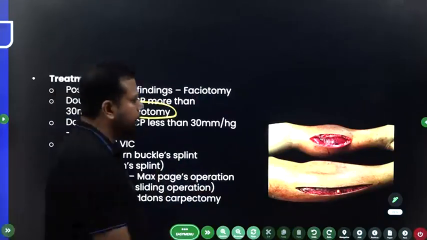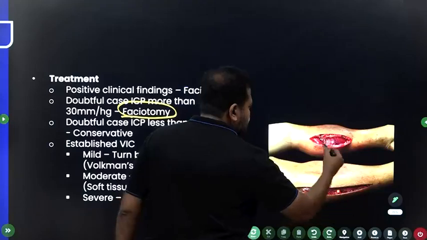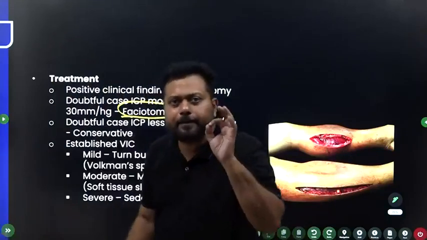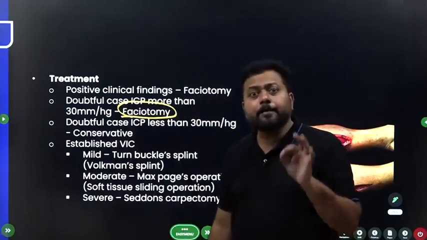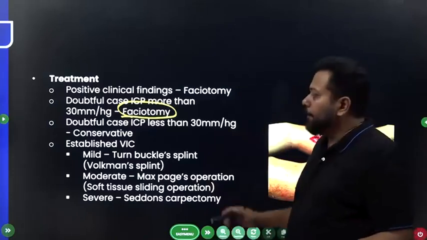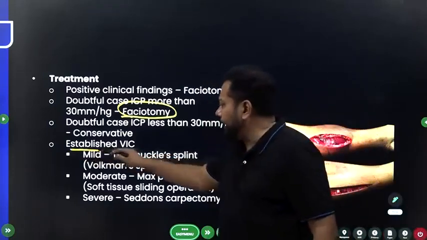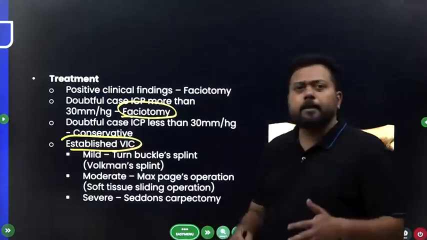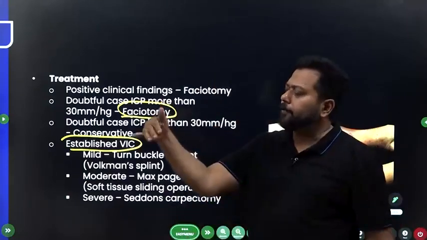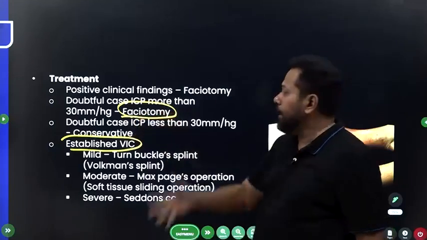Take a 22 blade, just cut the skin, superficial fascia and deep fascia. The pressure will be released. It's a limb-saving procedure when you do it immediately. I'm telling you, emergency fasciotomy. But once it is an established Volkmann's ischemic contracture, that is, muscle is dead, necrosis happened, fibrosis happened, gone for fixed length phenomena, hand has become like this,